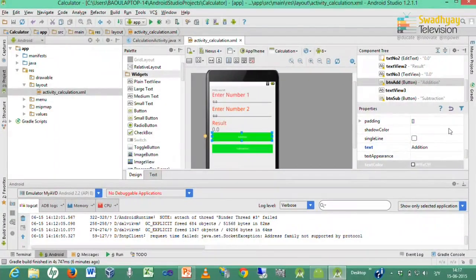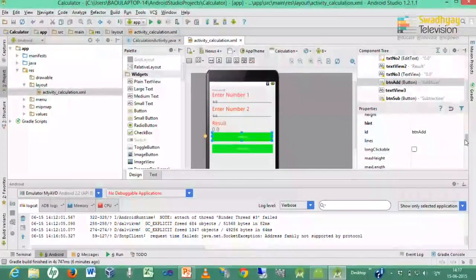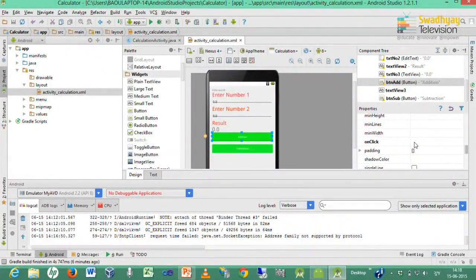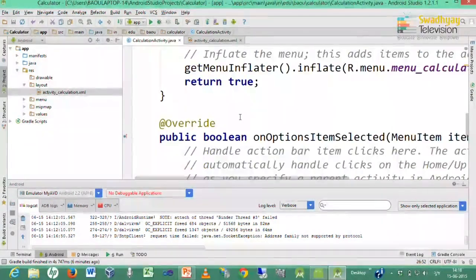So, I can specify in the on click property of this button how to handle this click event. Either I can write inside on click the addition add numbers method. So, I have to declare one add numbers method inside the activity. Here I write add numbers, and we must specify the same inside this calculation.